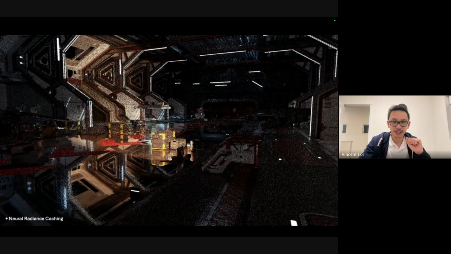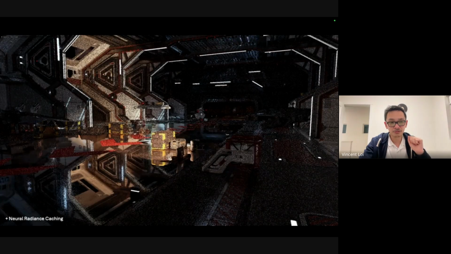Yeah, and this is an even more interesting example. This is a path trace by very, very traditional methods, one sample per pixel, and this is the image that you will get. But what happens if we have the AI with the neural radiance caching? This is the way we start to segue to the AI and create this kind of pipeline here. So once again, this is a normal traditional path trace without any AI, but with the neural radiance caching.